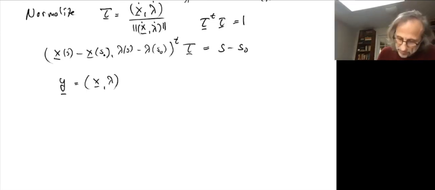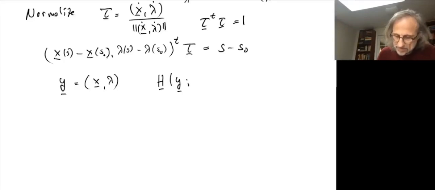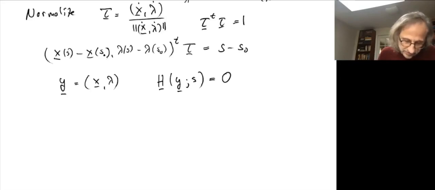And we introduce this function h of y, and s is a parameter of it. And for all s, we want this to be 0. So that should define the condition for being on the branch. And so now we have h, and h is given by,